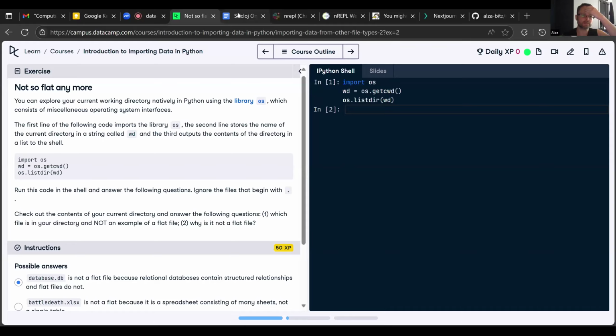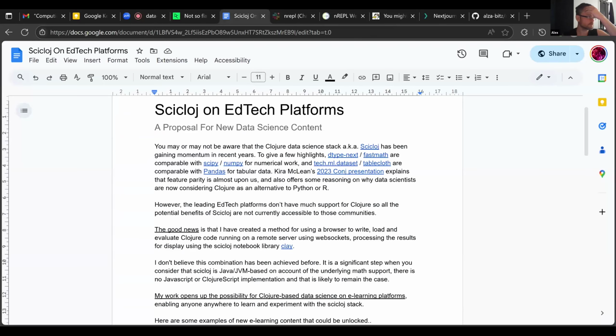So I wrote up, I guess it's more like just explaining the rationale, the motivation, just for my own reference and like sharing the idea with people. So here I'm just basically talking about why it would be beneficial to have Clojure support on some of these platforms because of the growth in